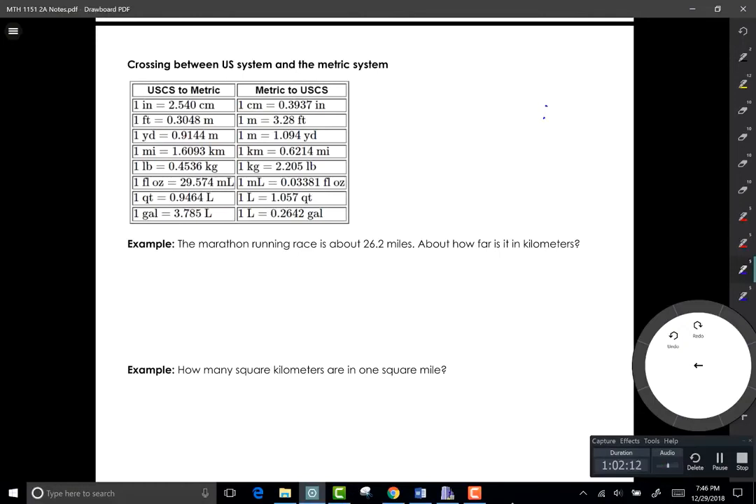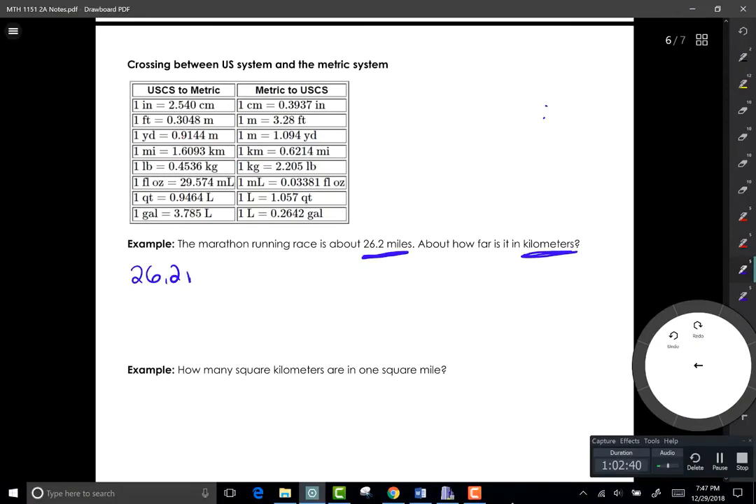Okay, so the first example says the marathon running race is about 26.2 miles. So this is using a unit from our US system. And it says, how far is this in kilometers? This is from the metric system. So we're going from one system to another system. So we're going to start off with what we know,